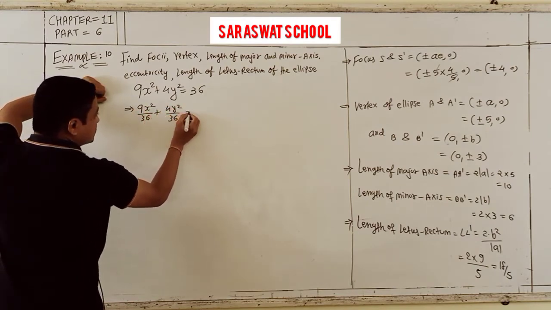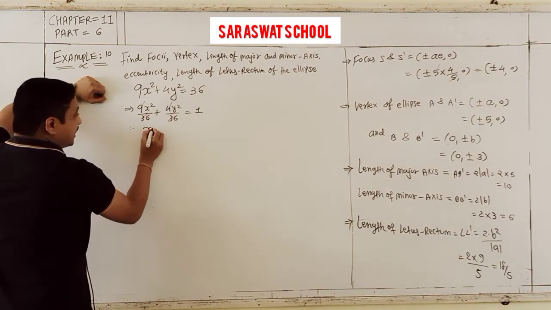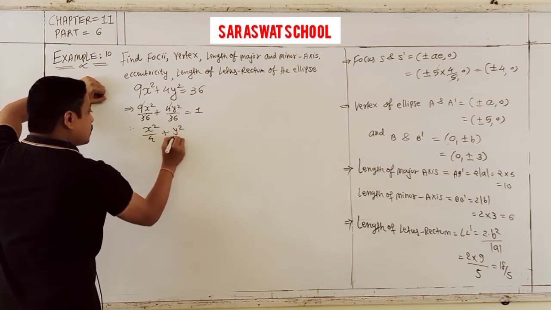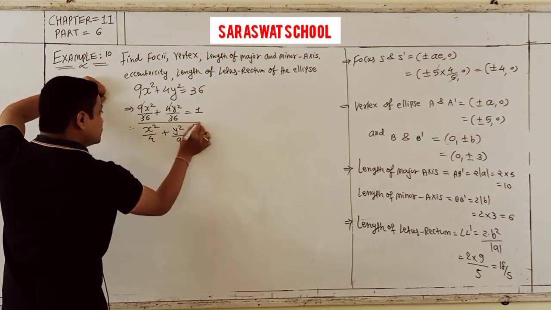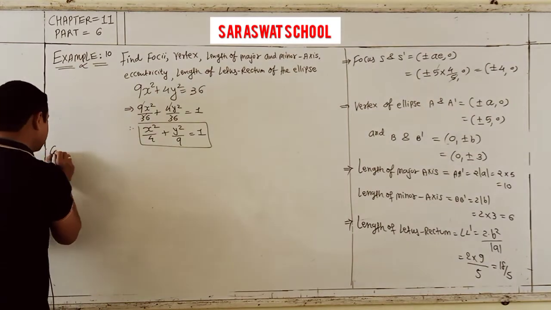4y square by 36. So this cancels. Only you get x square by 4 plus y square by 9 is equal to 1. And check here, you compare with, yes,